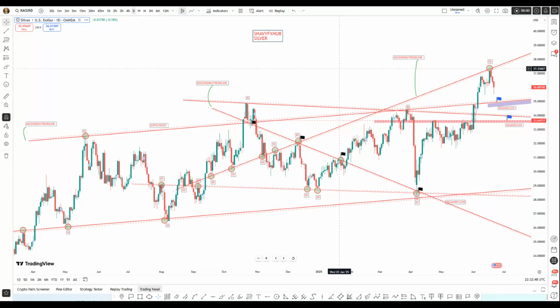Let's look at the structure of silver and hope that silver prints